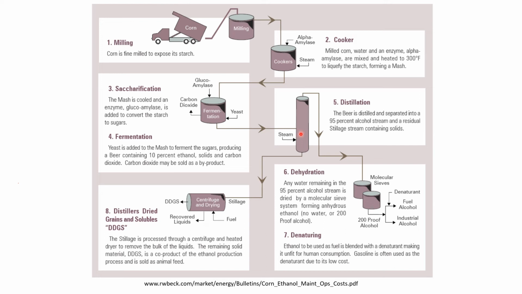What's left over, what comes out the bottom of the distillation column, so we've taken the product from the fermenter, sent it to the distillation column, ethanol went out the top. What comes out the bottom, what's left over, is called distillage. This contains all the solids, primarily the yeast and other insoluble components of the corn kernel. All that comes out the bottom. This is referred to as distillage. Distillage goes through a centrifugation and drying process in order to produce what's called DDGS, or distilled